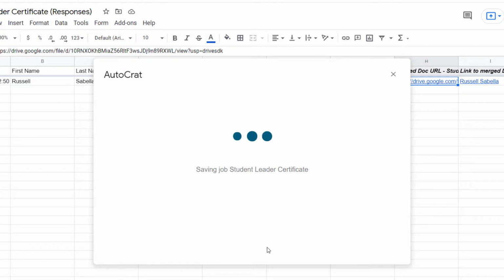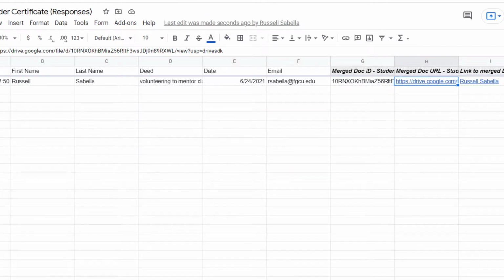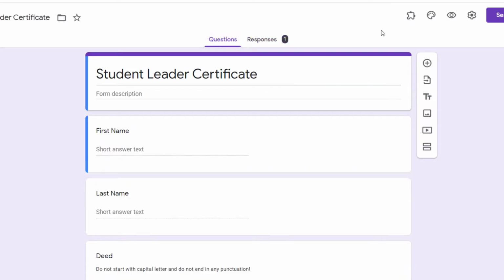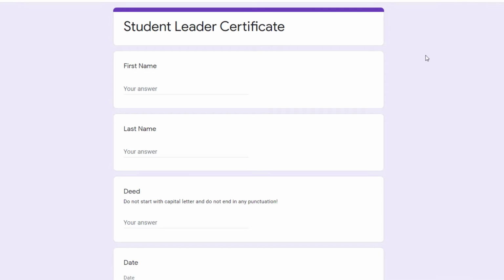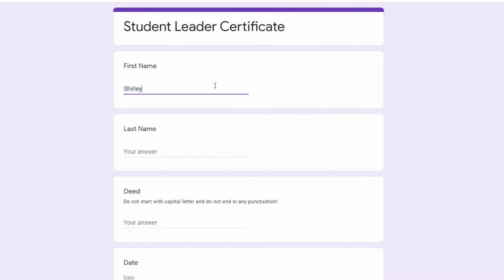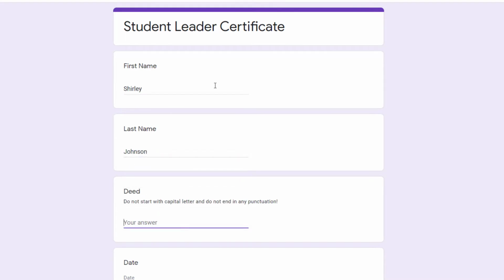We hit save. That's it, we're done. We don't ever have to do that again. So now, next time somebody fills out this form, okay, let's go ahead and go to preview, or this could be the link that you send out to fill out the form. Let's get one done for Shirley Johnson, and the deed is for helping another student with their